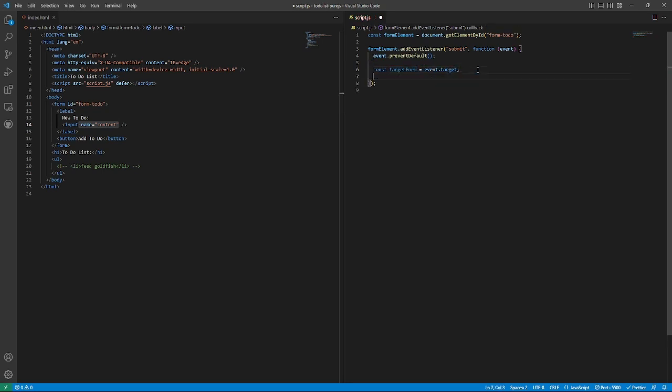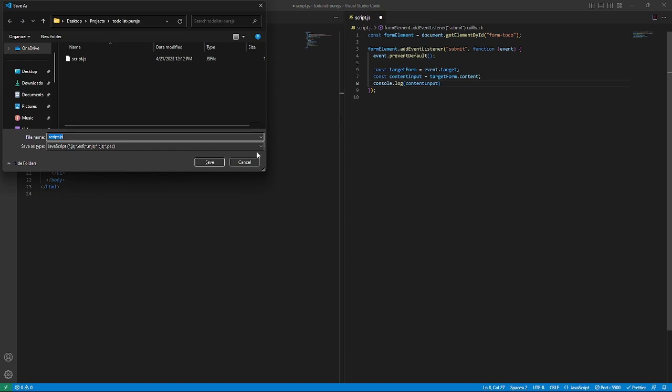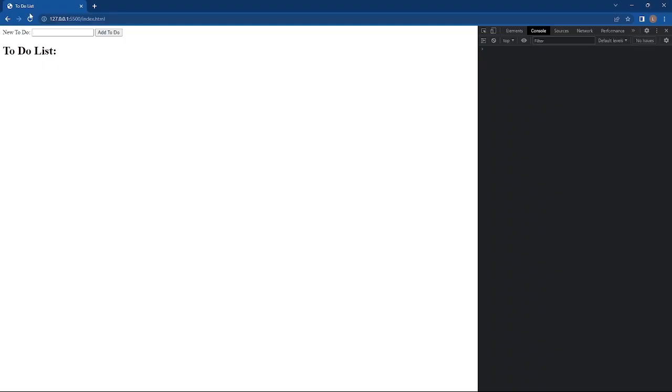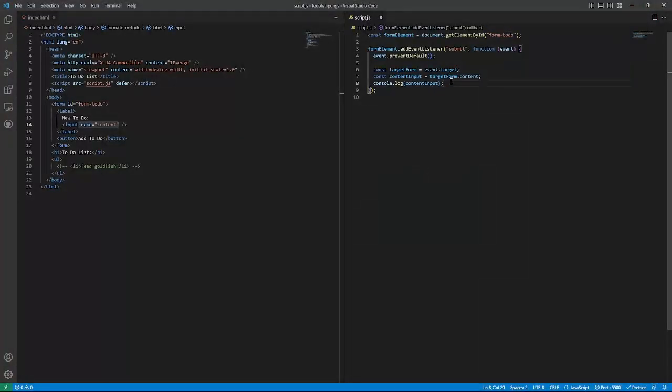So the target form is going to be event.target, const content input equals target form dot content. So we're going to combine those two things we were just talking about. And if we console.log content input, save, we go over here, there she is. Okay, now I'll show you in a second why we pulled it out into two separate variables,